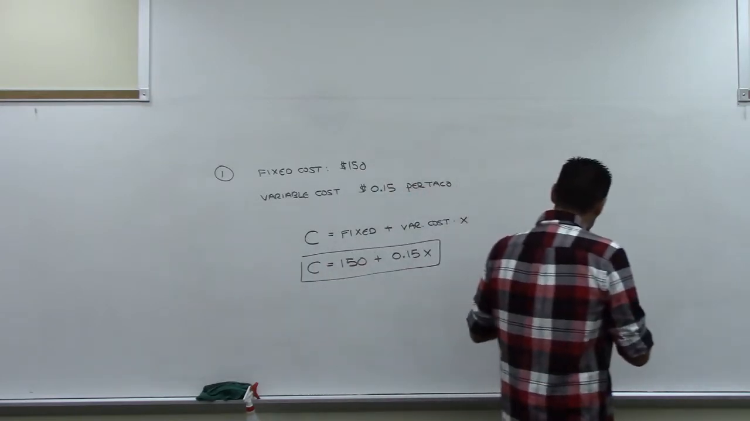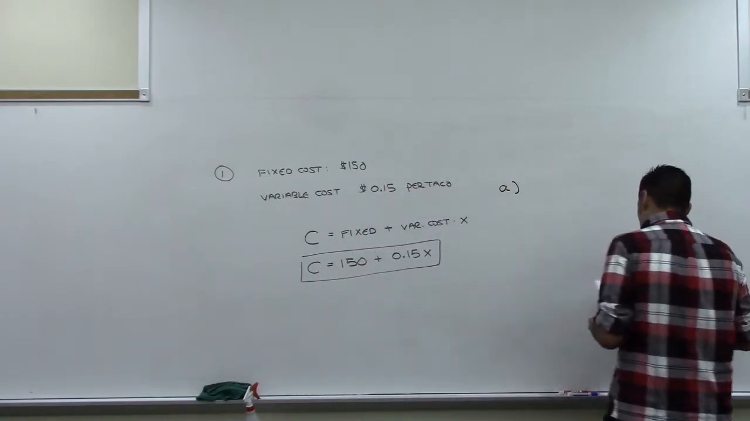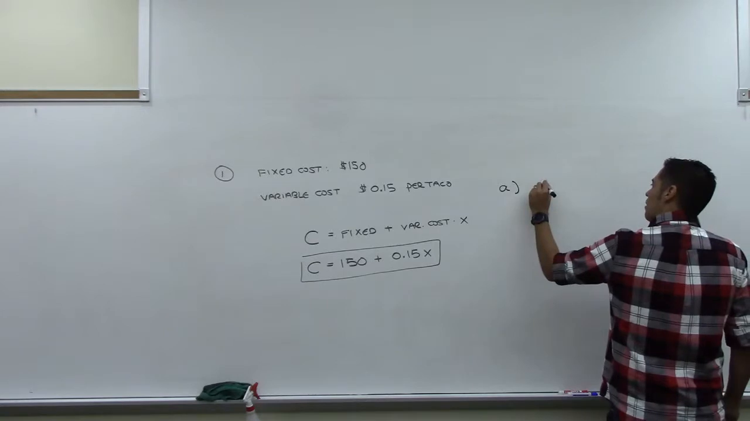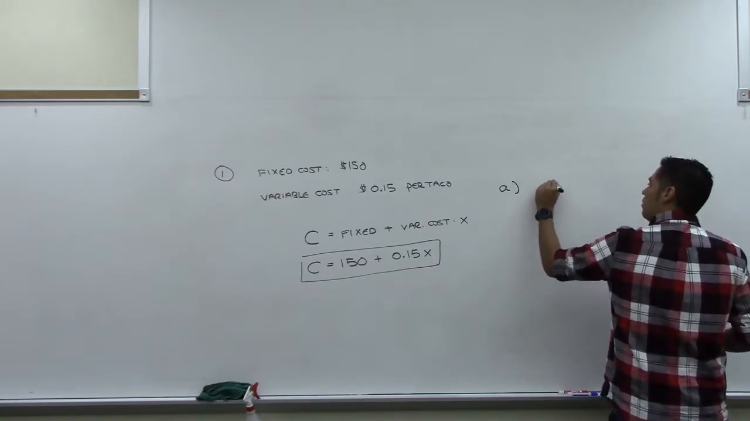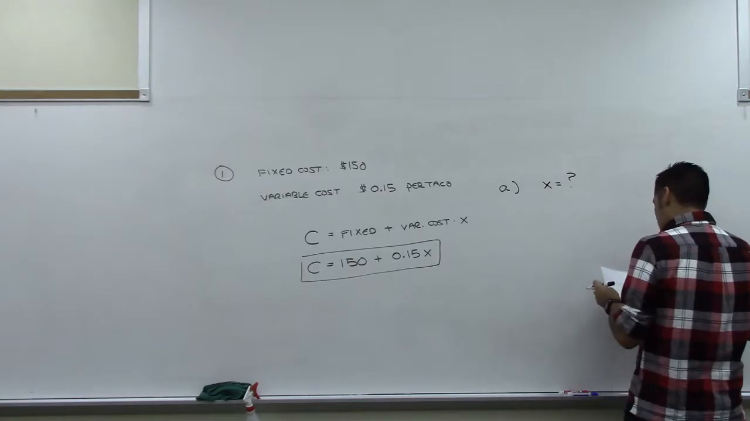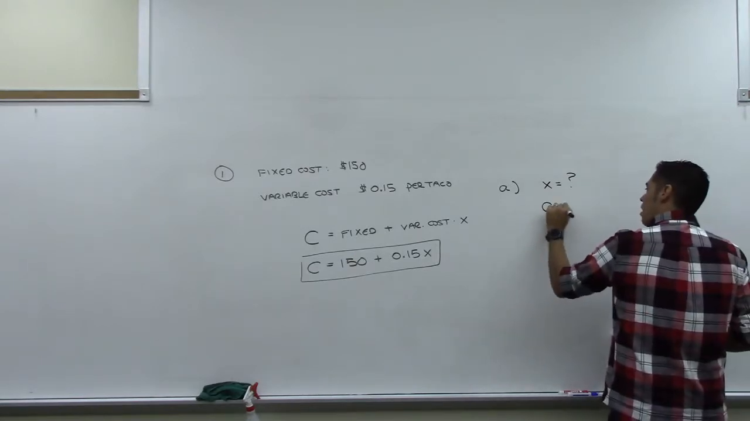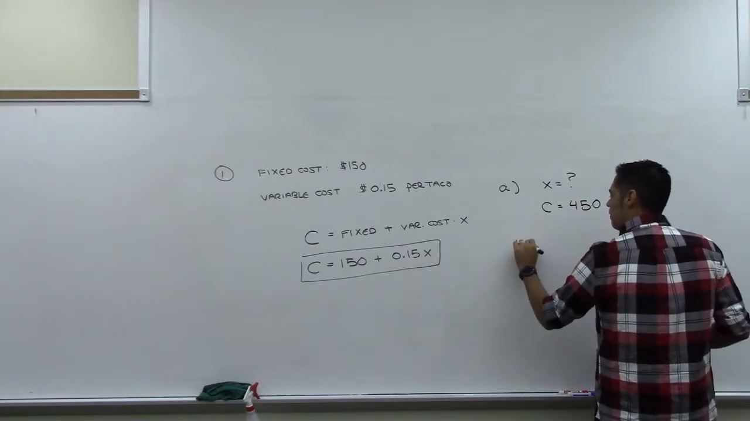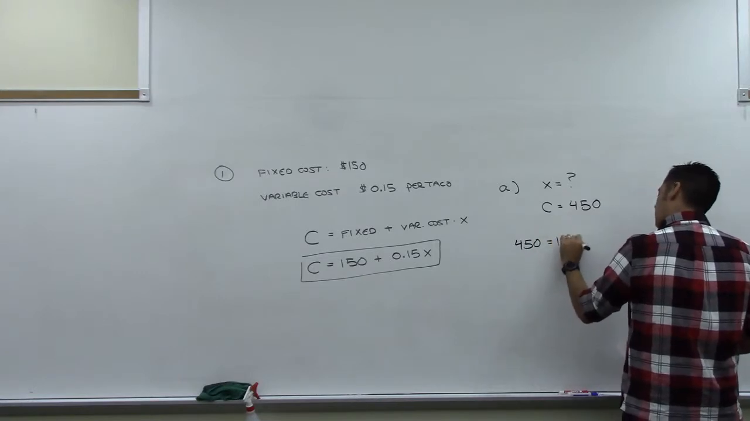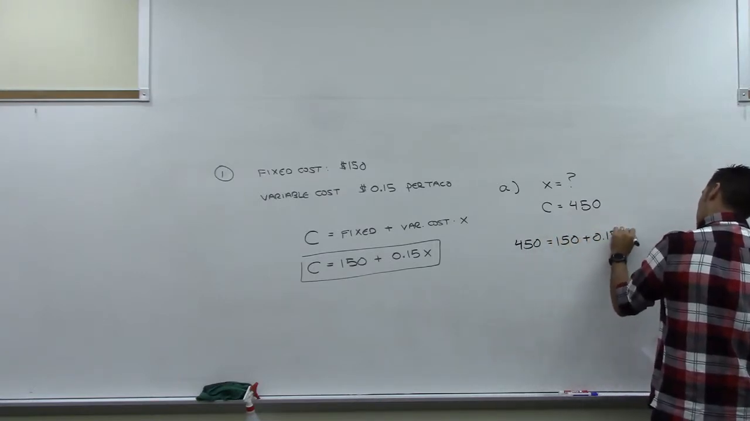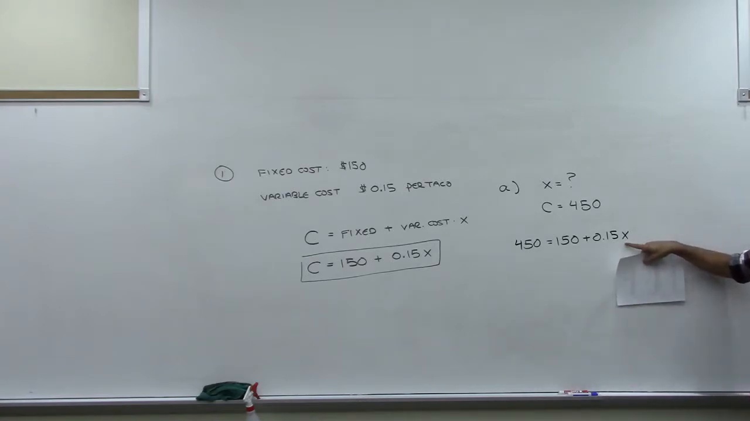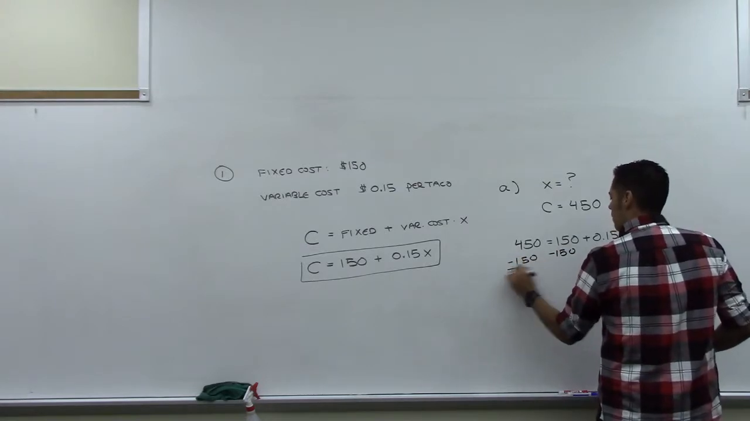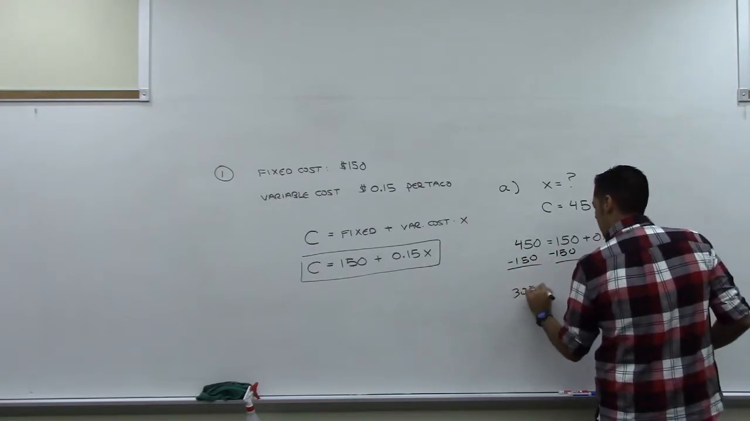And then part A says how many tacos can be produced for a total daily cost of $450. So they're saying, X is how many tacos. They want to know how many tacos can we make if the total cost is going to be $450. So all we're going to do is take that equation, replace C with 450, and that equals 150 plus 0.15x, and we're going to solve this for x. And this is just a linear equation, so we'll subtract 150 from both sides. That'll give us 300 over here,